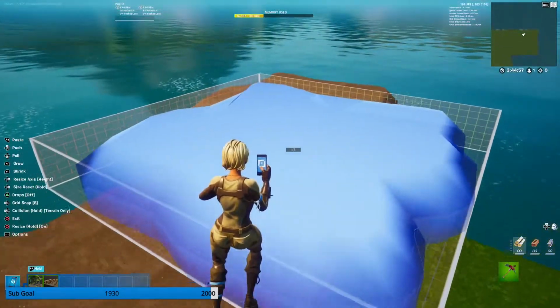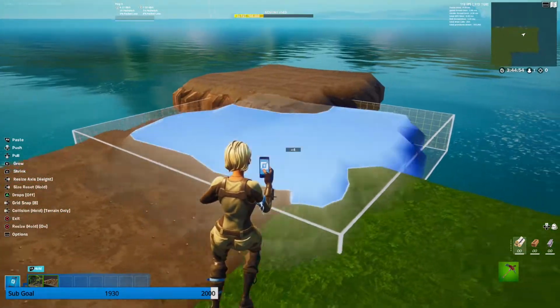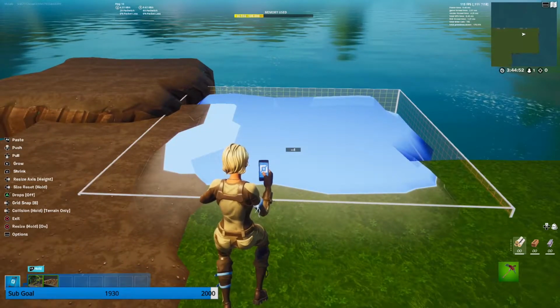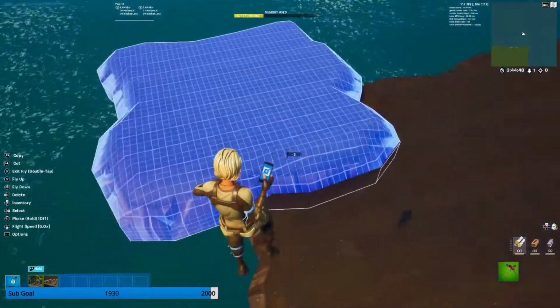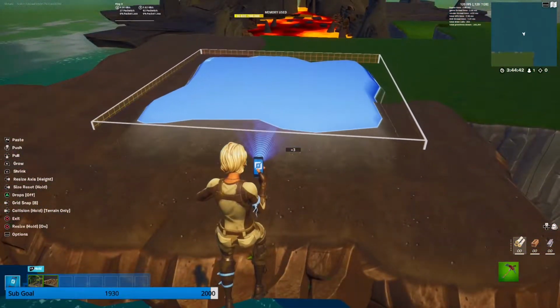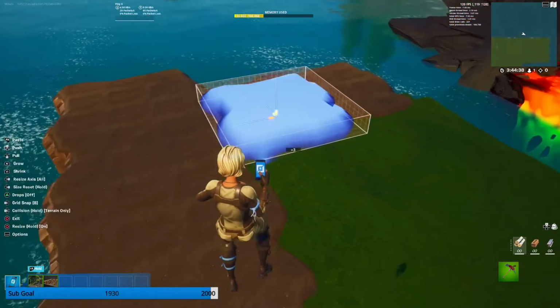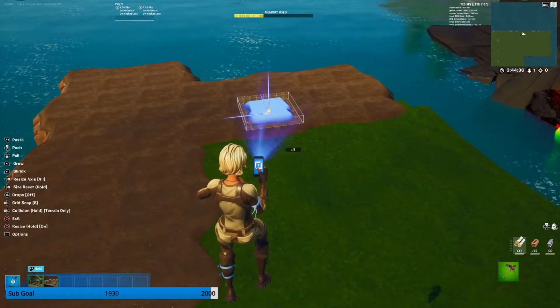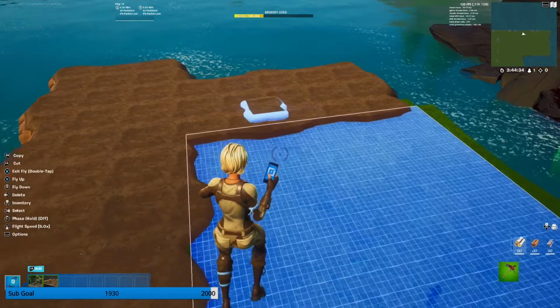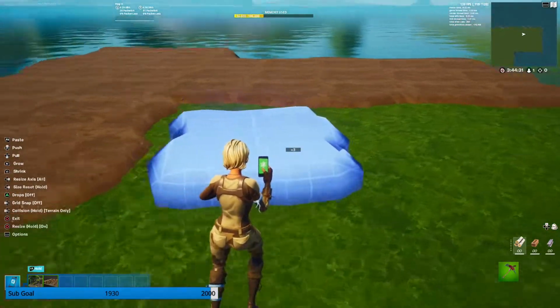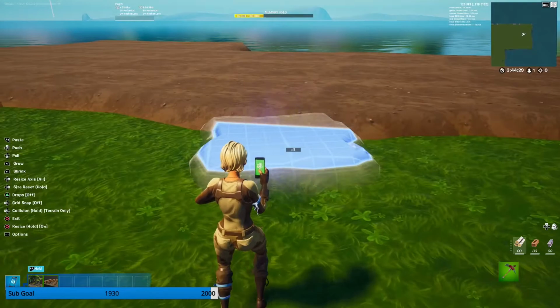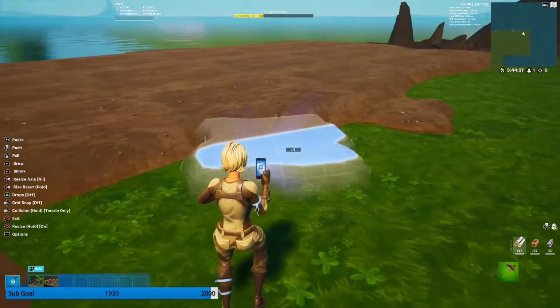So what I like to do when connecting different biomes is literally just taking this. It doesn't have to be on grid snap. I just kind of have it on grid snap just for now. We're just going to literally kind of merge it. Another thing I like to do too is resizing this whole thing. We'll see. I've done this before. It looks kind of weird, I'm not going to lie, but it's just a different kind of style to merge biomes. So we're actually going to go in here